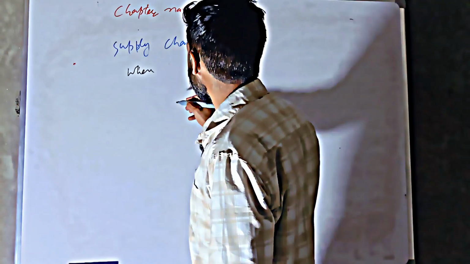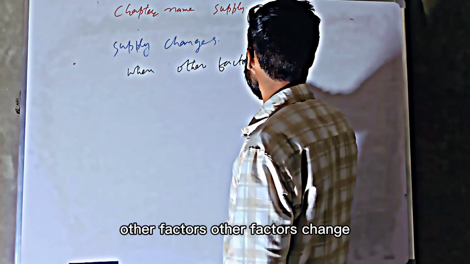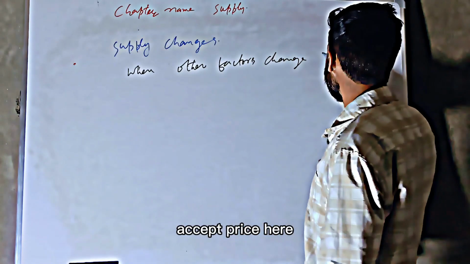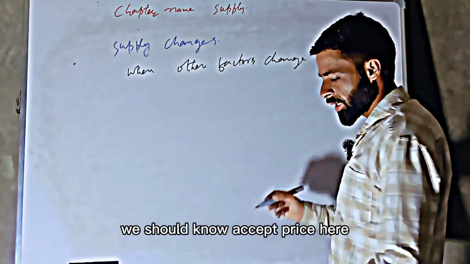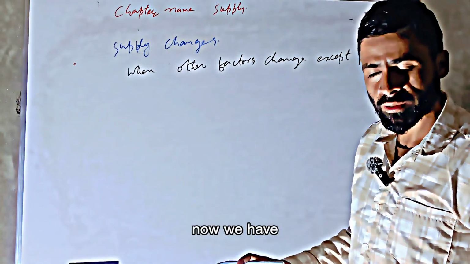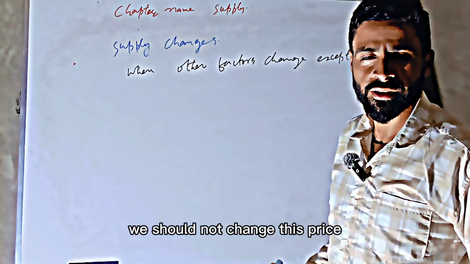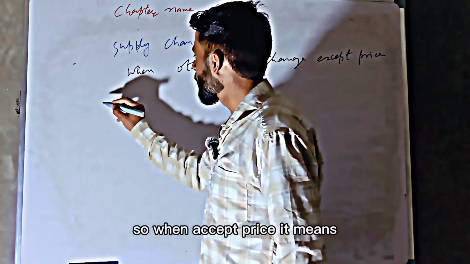When other factors change except price, here we should know that price is now constant. We should not change this price. So when except price, it means